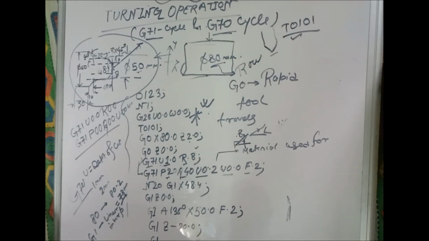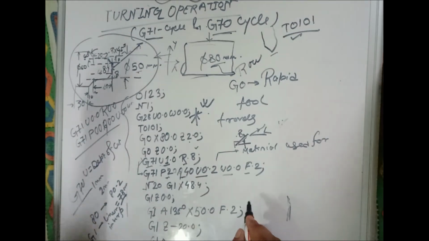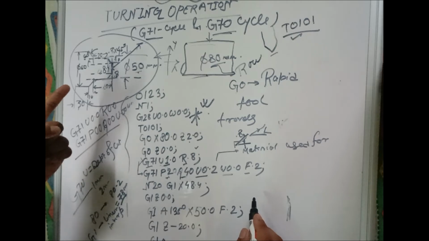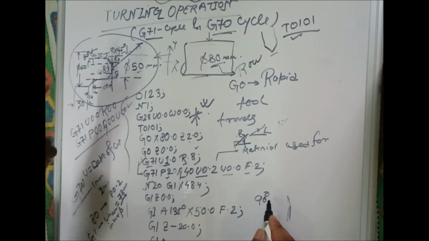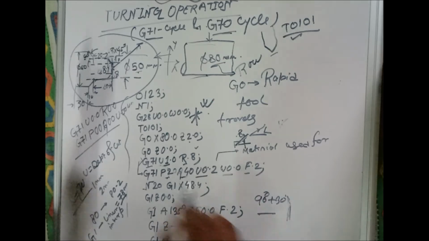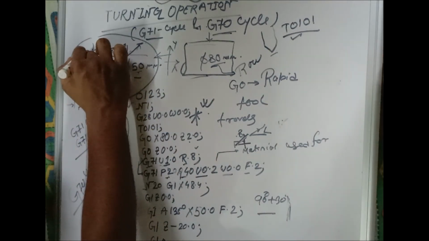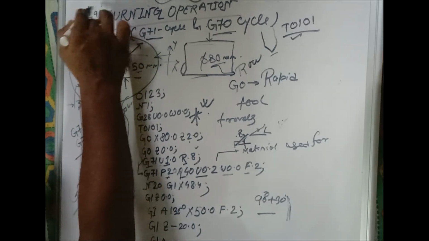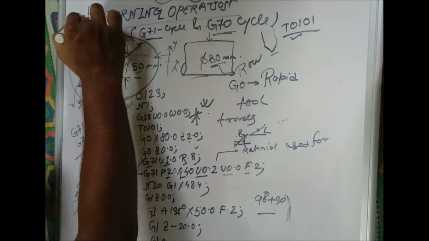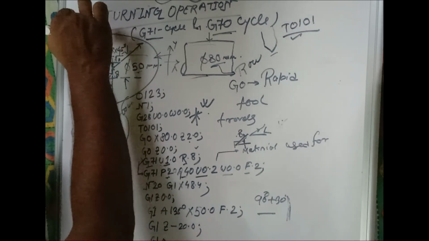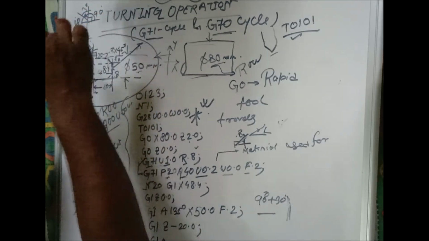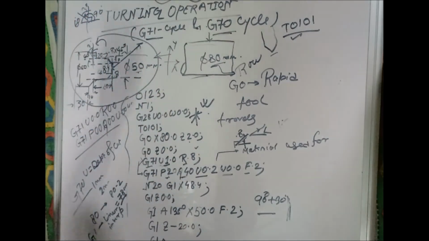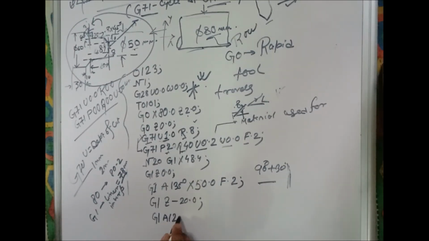Then we will put the value of G1 angle. What is the angle? That is 60 degree. How will you calculate it? We all know that it will be 90 degree plus 30 degree, because this angle is 60 degree, this angle is 30 degree, and this angle is 90 degree. So what is the angle of it? It is 120 degree from here to here. Okay, then we will put the angle 120 degree, and the value of X.